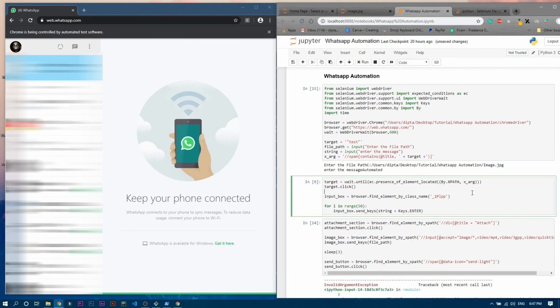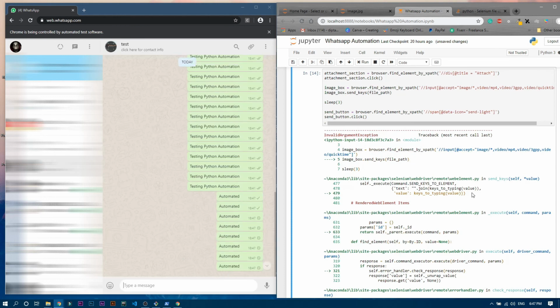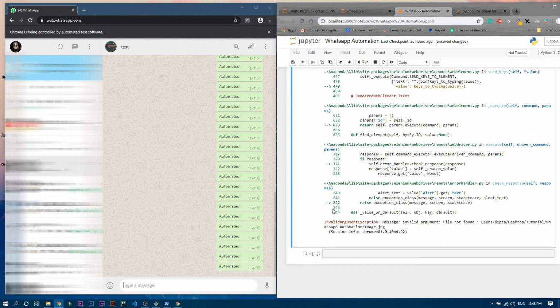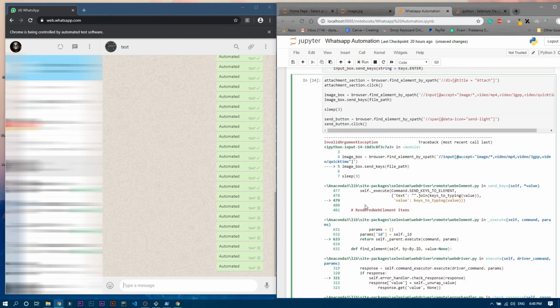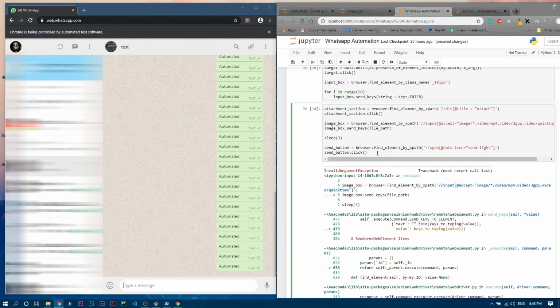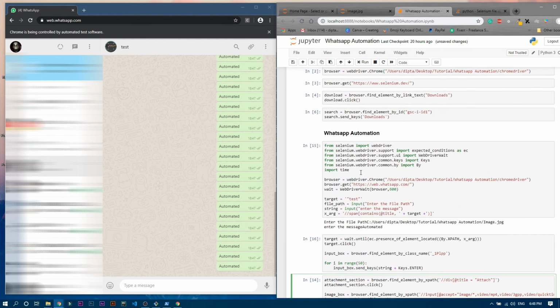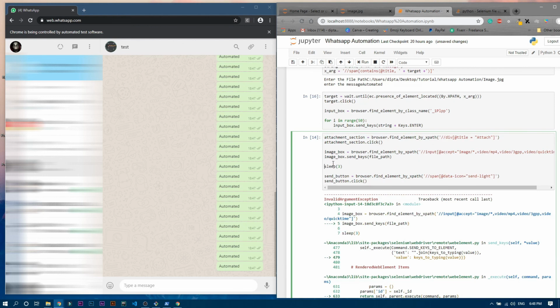Okay, let's run the second cell. You can see it is working fine. There is an error. Oh, okay, actually that is for the last cell. We have to run that cell again, so to send the photo. So let's run it. Okay, before that, actually this sleep 3 will throw an error because we didn't import sleep, right? So from time we have to import sleep anyway. So let's make it a comment and run it again.